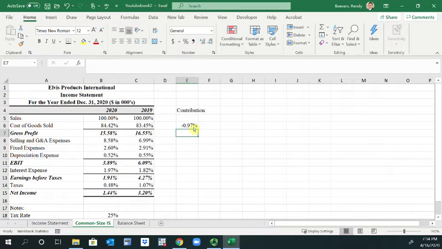And then with this particular one, this formula, we can copy and pretty much paste this to things that are changing to see what contributes to the overall lowering of net income from 2019 to